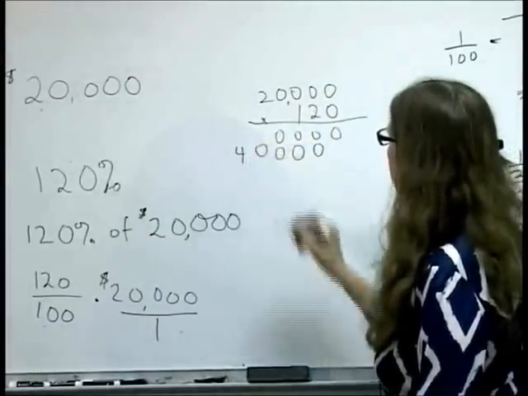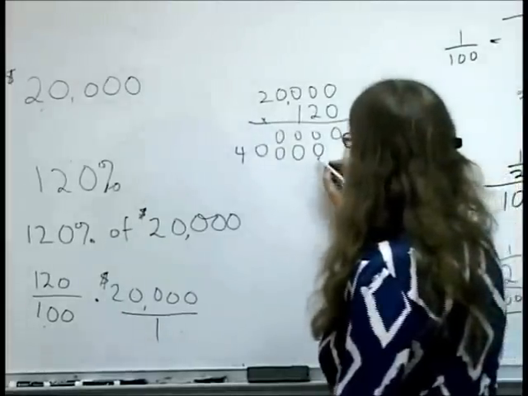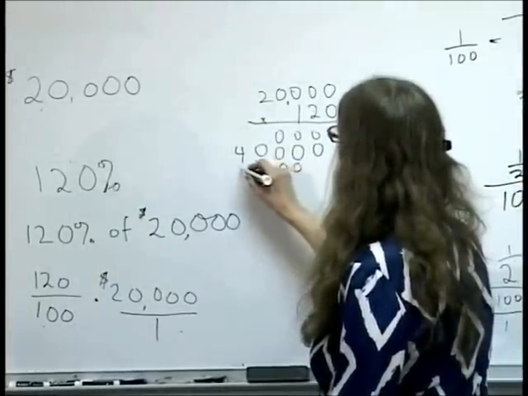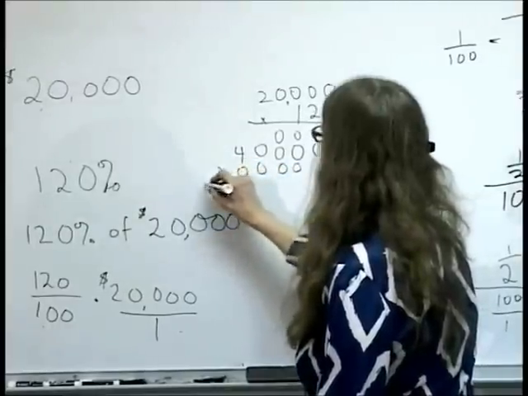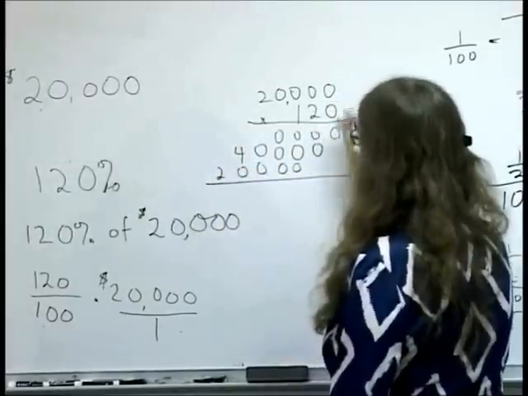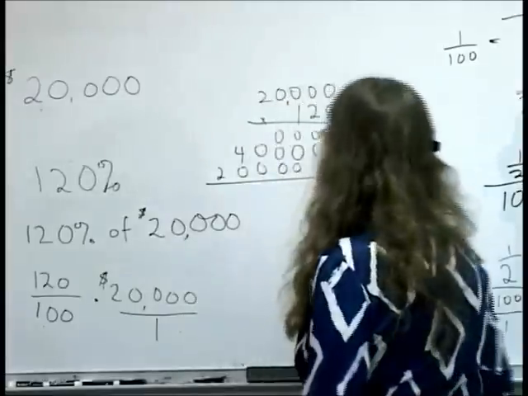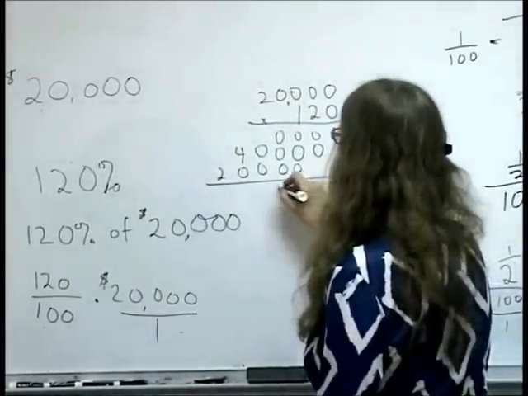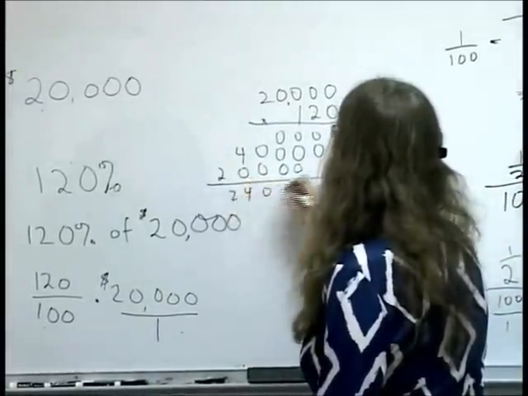And 2 times 2 is 4. And then the last row will be 0, 0, 0, 0, and 1 times 2 is 2. So these two numbers multiply together to make